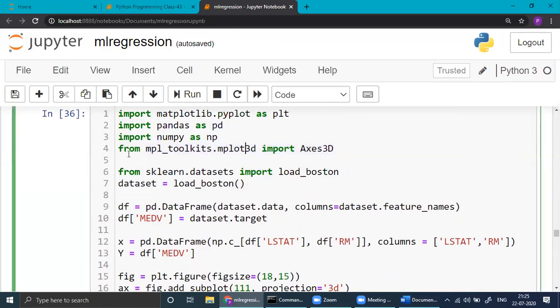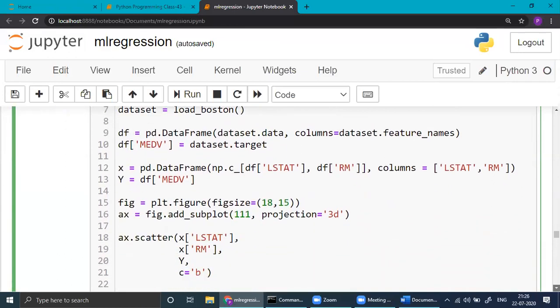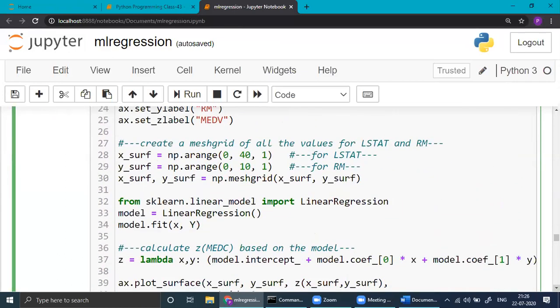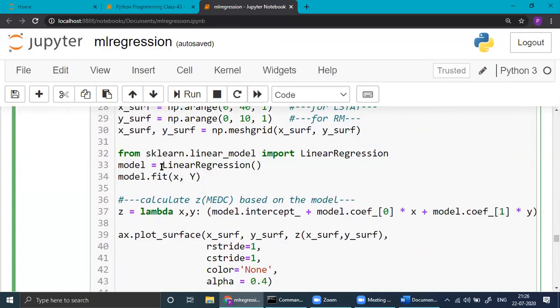We'll use this in today's class, and the Boston data set for prediction. But we don't have import linear regression, model fit XY. These are not there.